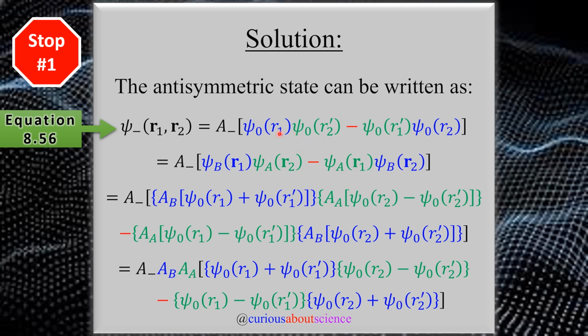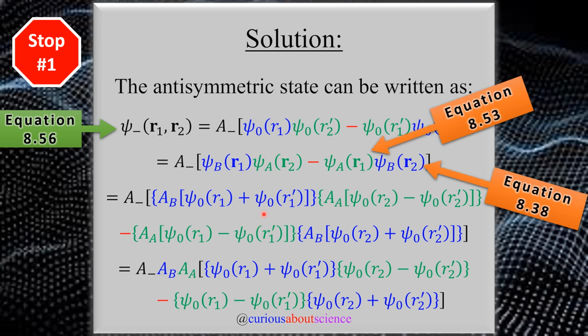But we can rewrite this in a little more elucidating way, because we can write that this is for psi b with the vector r1, and then psi b vector r2, so proton 1, proton 2, electron 2, electron 2. Same thing here, psi a, so electron 1 for proton 2, electron 1 for proton 1, and we're good to go. That being said, if we want to introduce the bonding and antibonding orbitals, then we can call upon equation